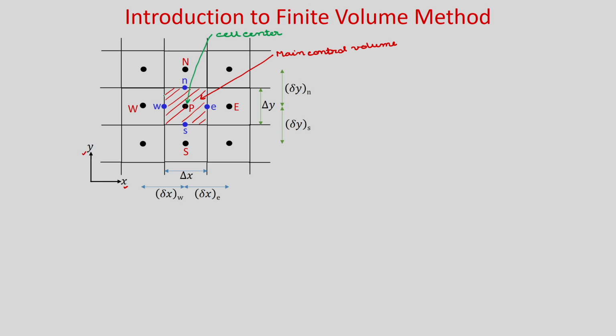So, you can see this is the main control volume. For this particular case we have 4 faces. So, this is one face, this is one face, this is one face, this is one face. So, this is your quadrilateral grid. In 2 dimensions we have 4 faces and the center of each face is known as face center. You can see this is one face center and this is denoted as small e.